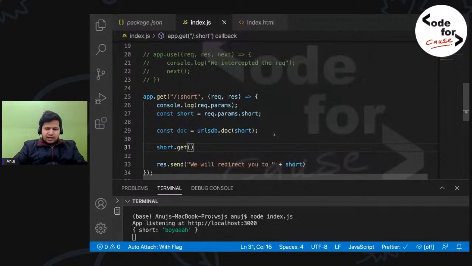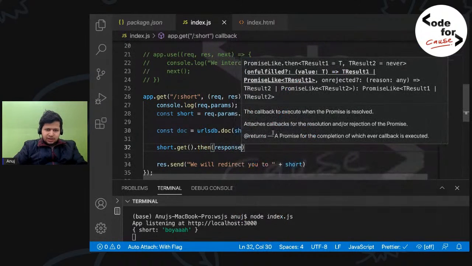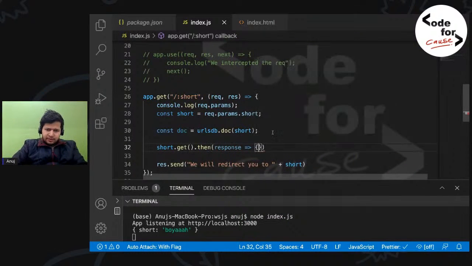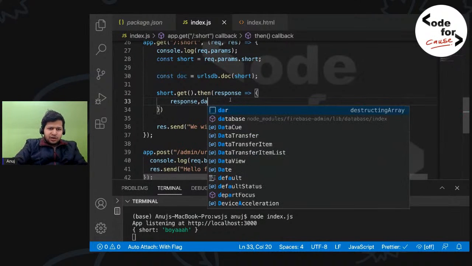When we're able to get this document, we will have a response from here. Either this response will be empty or non-empty. Sorry, this response will never be empty, but response dot data will either be empty or not empty,